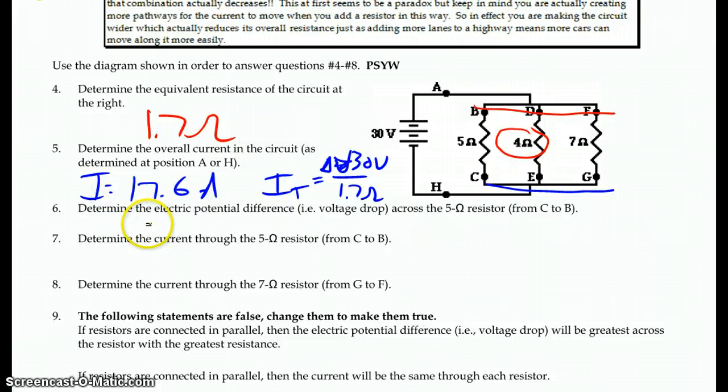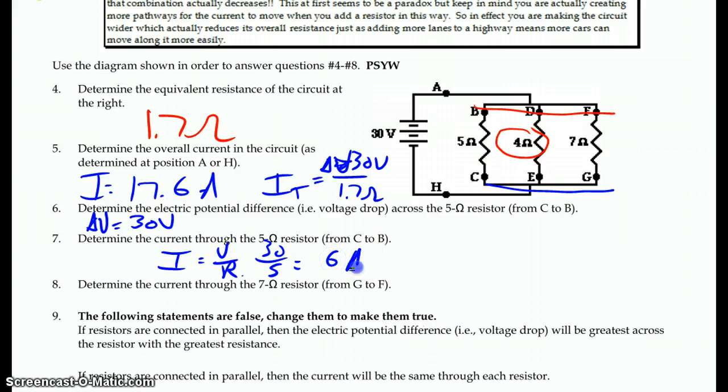Okay, potential difference across the 5 ohm resistor. Again, that has to be from blue to red. That has to be exactly the same as the battery. I don't need to do anything else. It's on one loop with the battery. The voltage in is 30. The voltage out has to be 30. Current through there will be then I equals V divided by R. But this time I have to use the individual resistor of 5, but it's 30 divided by 5 is going to be